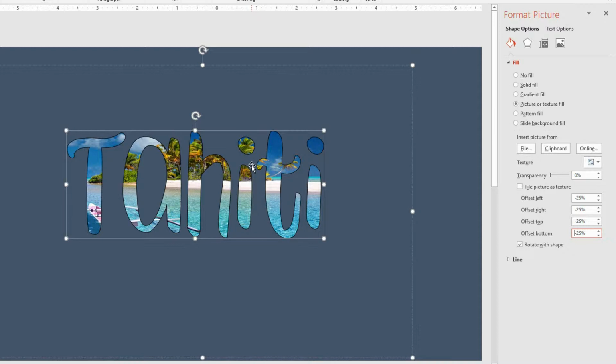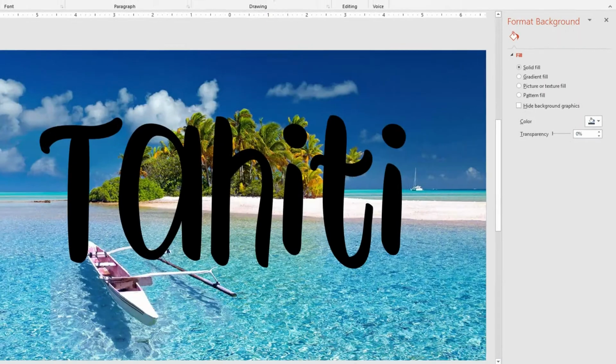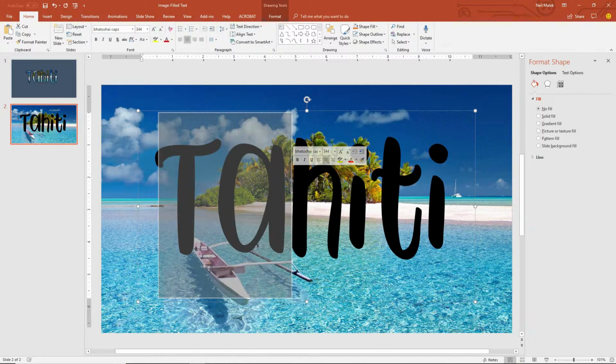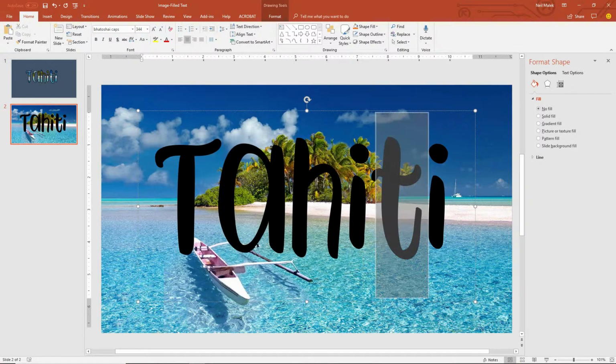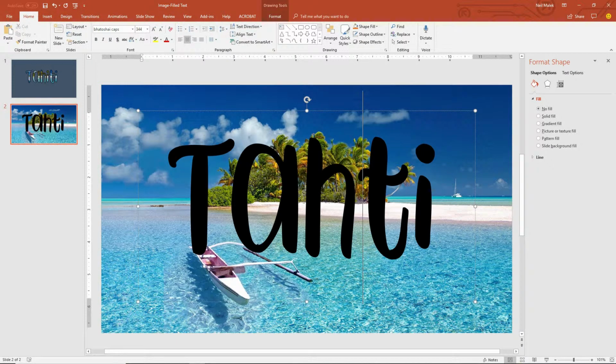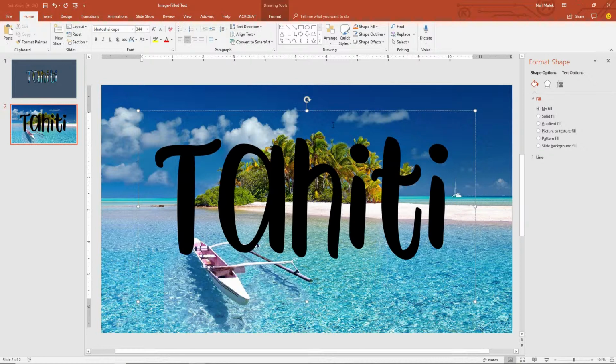Now here's another alternative. The other alternative is to actually use this as a mask, and that will allow me to animate that mask on top of the image. Allow the image to stay in place and allow the text to move around as I see fit. So let's go over to slide number 2 and see how that would work. You see here, again, it's functional text. The letters for Tahiti are actually written in here. I could misspell it, Tahati, right? So Tahiti.